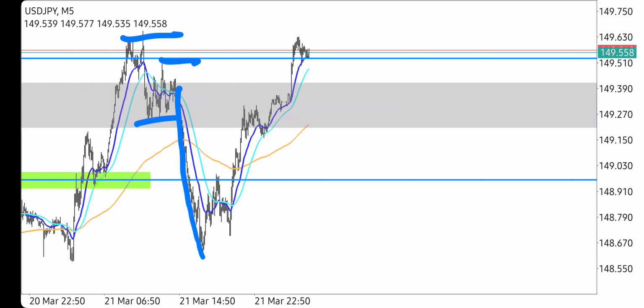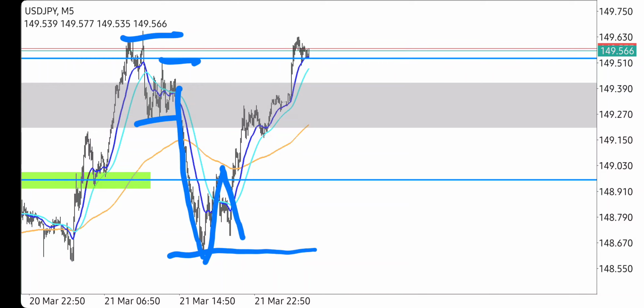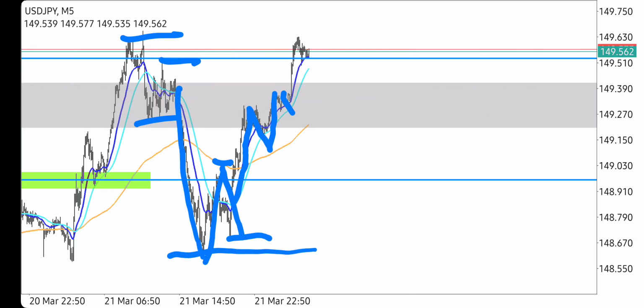But what it failed to do was make a new low. What it started to do, it pulled up, made a lower low, a lower high, and that lower high became valid once it beat this point, which it beat, made a new high, low, high, low, high.